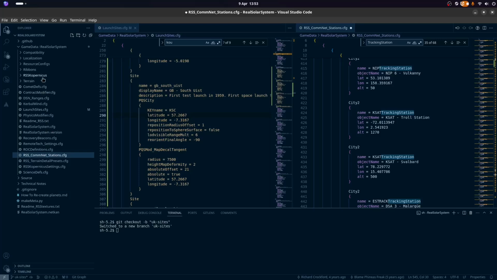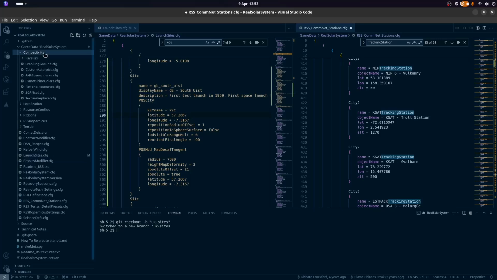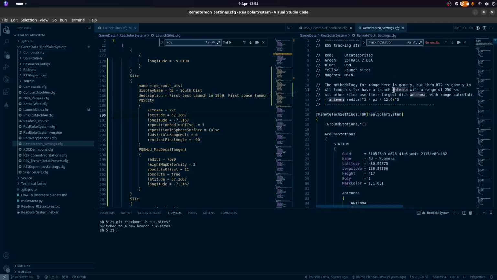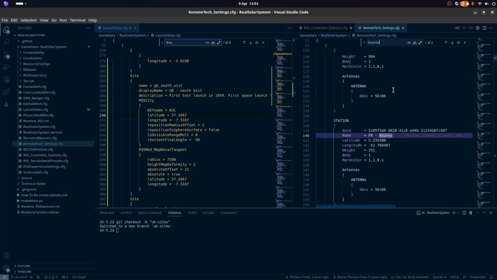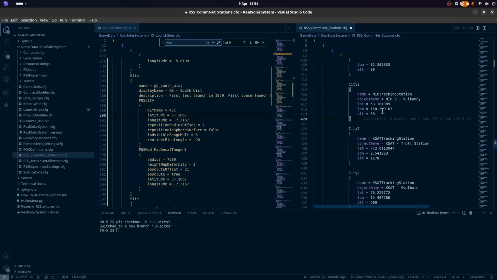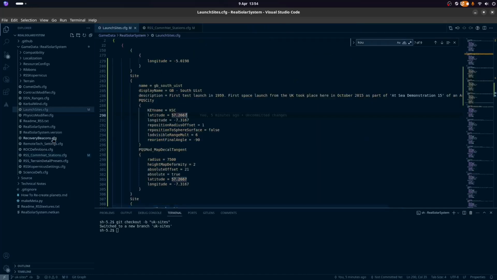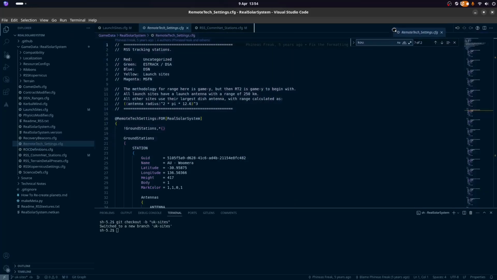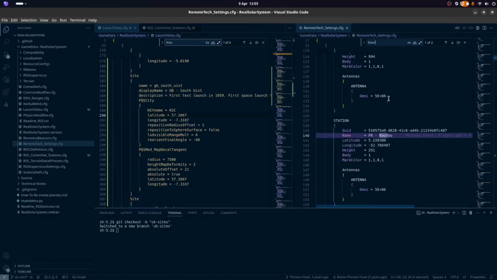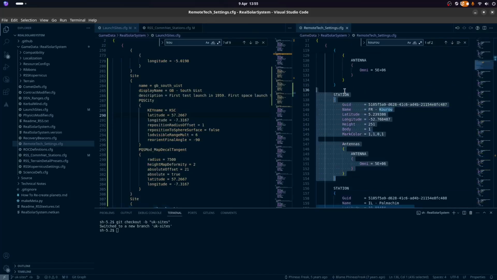So something we want is, okay, remote tech. We also have Kurao. Okay, so before I add any of the other ground stations, I'm going to plonk that over there. And we also want some remote tech settings. Nope. Because we want these to show up there. So we're going to find our good friend Kurao again. We're going to duplicate, and actually we are not. No, we are.